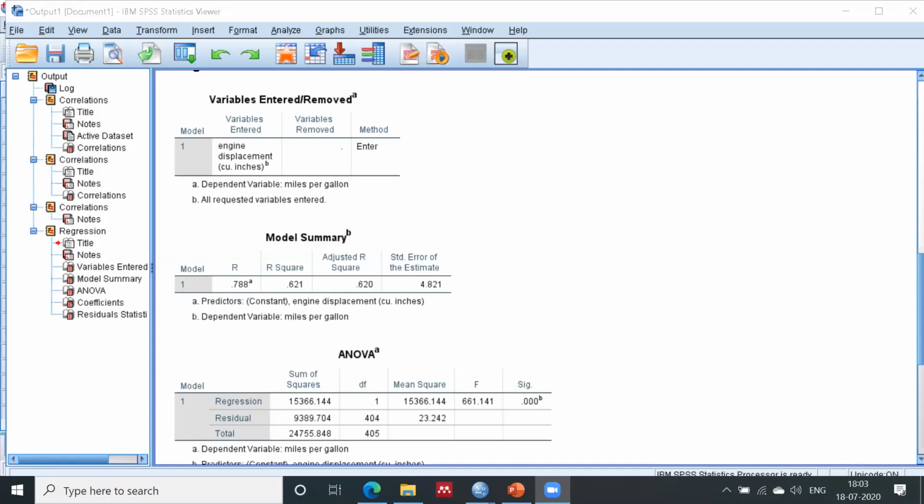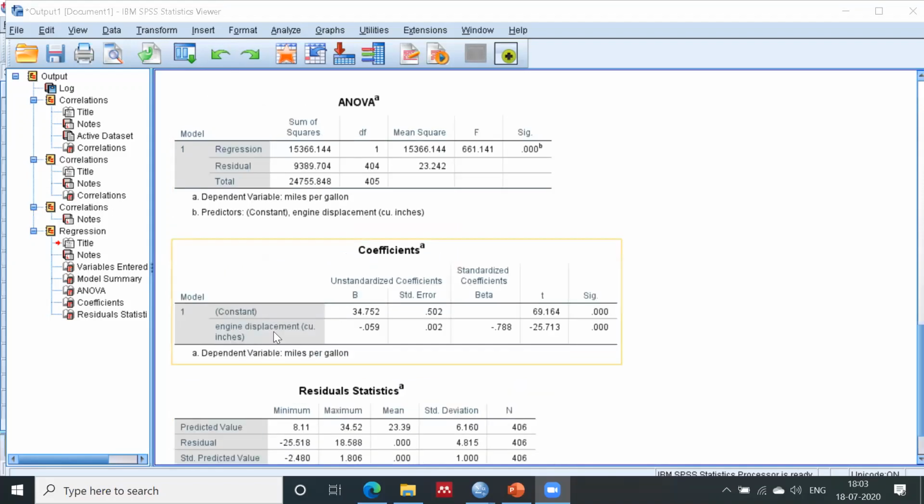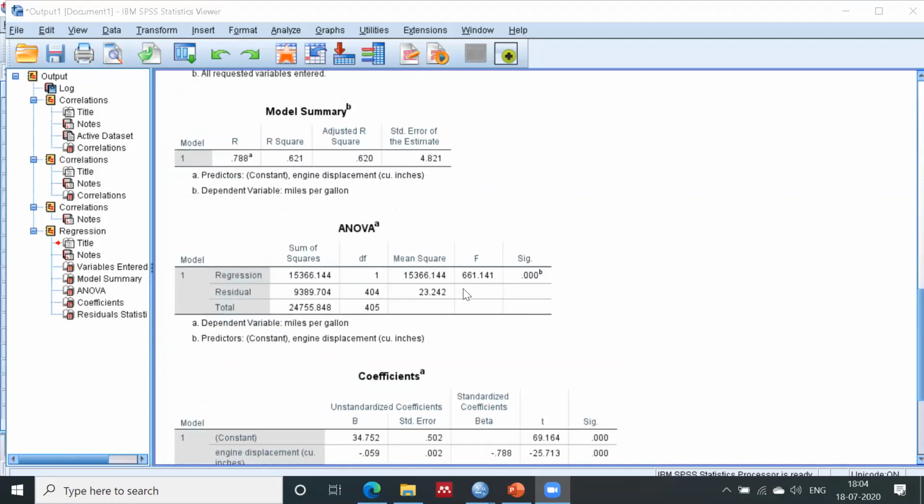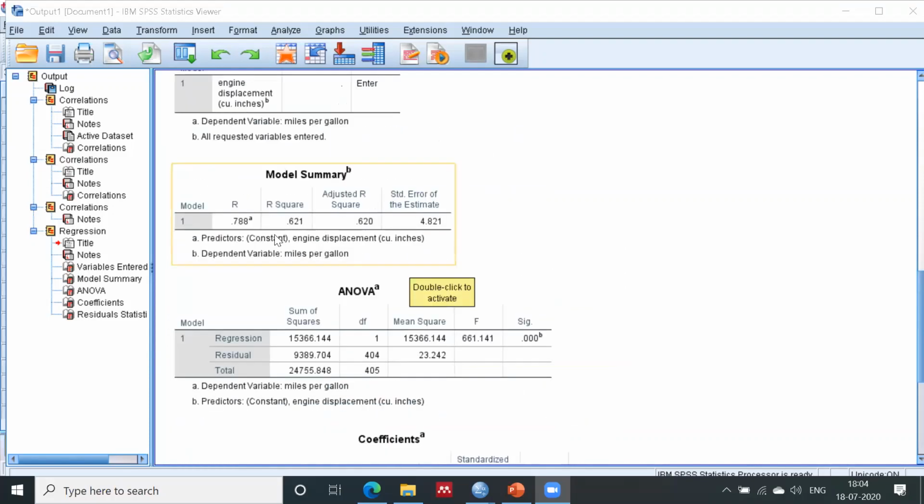In this case my independent variable is only one, engine displacement. If I take one more independent variable in this model, R square will increase. Right now it is 62%, correct? But if I take one more independent variable, it will increase. I will show you.